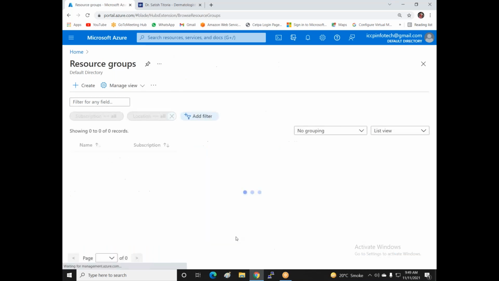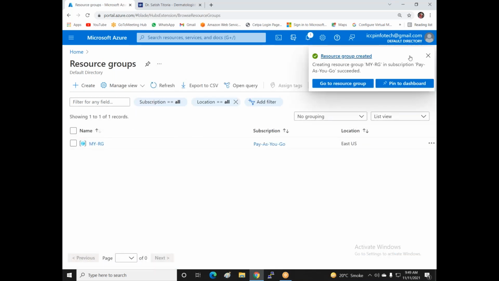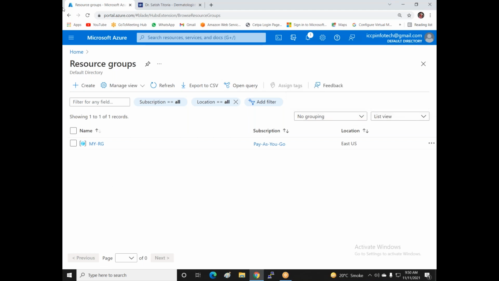Now, second option, I'm creating two virtual networks in India. Last class, I created VNets in the same region, but now I'm creating two VNets in two different regions. One VNet in East US and a second VNet in Central India. Got my point? Yes. So now I'll go to the virtual network